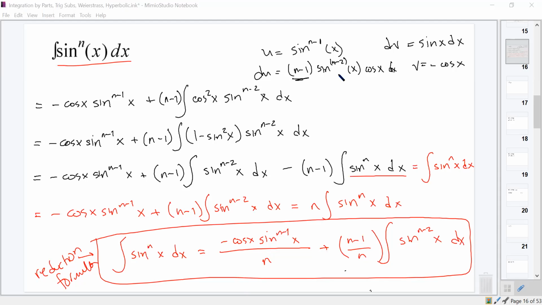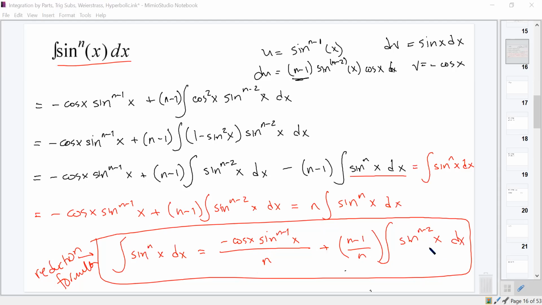And so we'll note that it's fairly complicated to develop this formula, but it's actually pretty cool. Suppose I started with sine to the 10th of x, and I wanted to know the integral of it. Well, that should be negative cosine x times sine to the 9th of x over 10 plus 10 minus 1 over 10, so 9/10 of the integral of sine to the 8th of x. Well, that still leaves me with an integral of sine to the 8th of x. All I have to do is reapply this reduction formula for sine to the 8th of x,